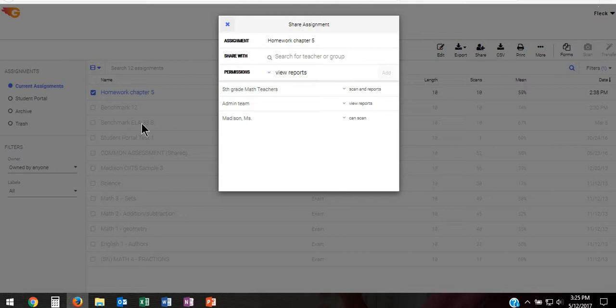Either to scan their students in, if they have students, or to view the reports as that data becomes available. Assessment sharing can go in any direction. By that, I mean teachers can share with teachers, teachers can share with administrators, administrators can create assessments and share them with groups of teachers in order for that data to come back to them. So I've chosen to share this assessment with those teachers, and as the teachers scan in, that data is available